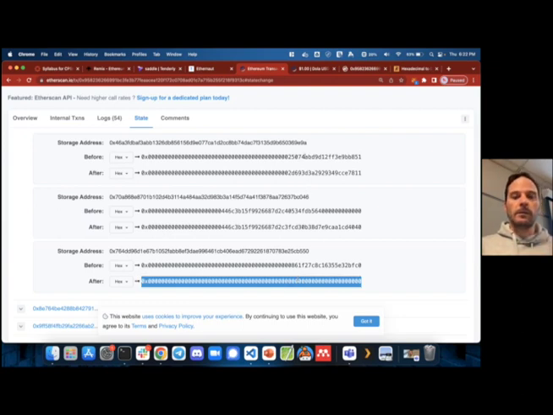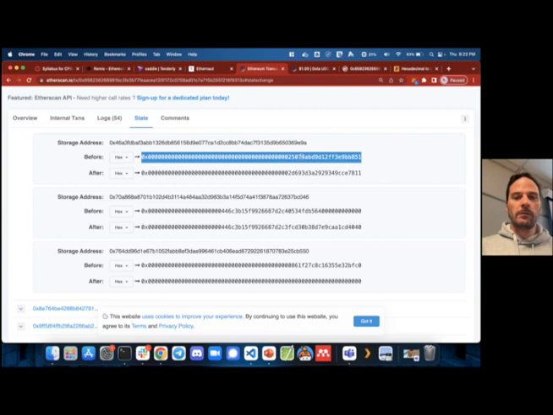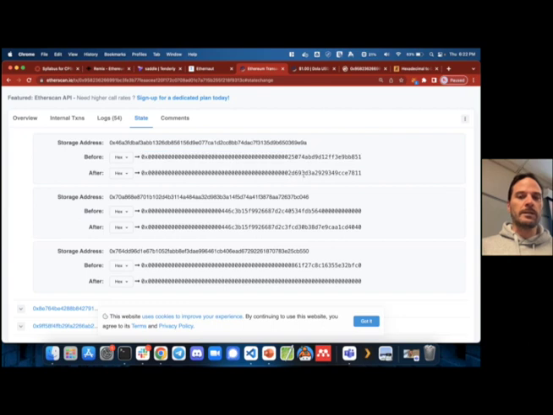And then here we see some value and it is increasing, right? 2.5 to 2D, right? Oh, okay. Hex calculator. So yeah, so it's increasing, but from this view, you have no idea what address it was transferred